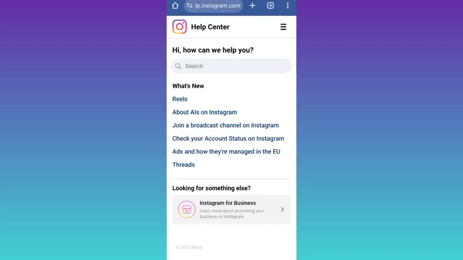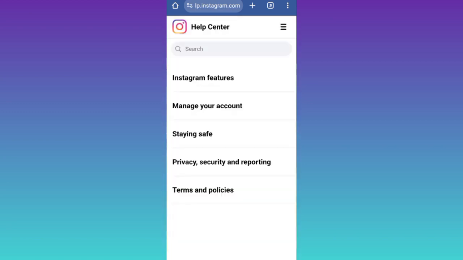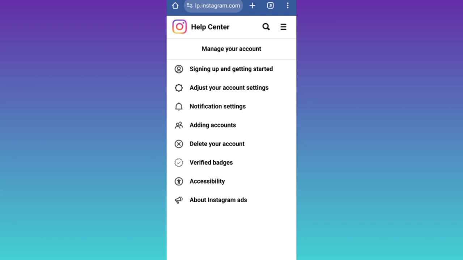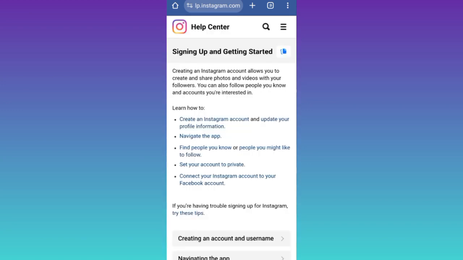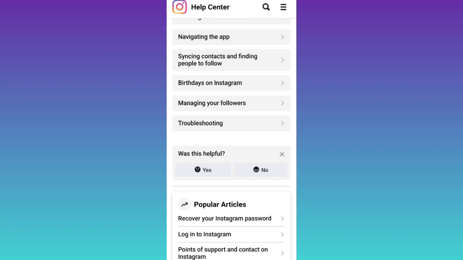Okay, now click on these three horizontal lines at the top right corner of your screens. Then tap on manage your account. Select the first option, then scroll down, and in front of was this helpful tab, select no and then click